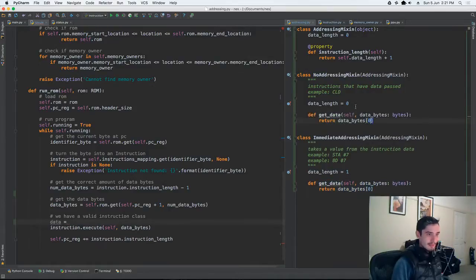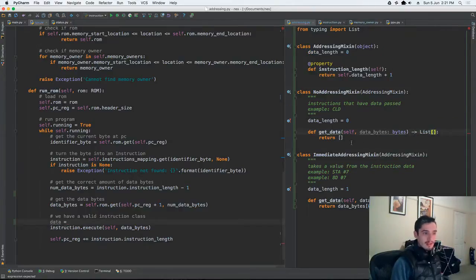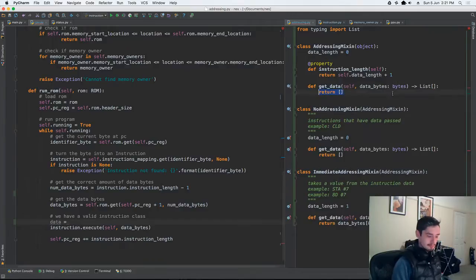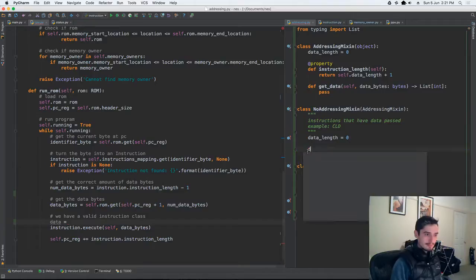And get data for this is just going to return an empty array. So let's say this returns an array, a list of ints. Okay, let's put this as a base method. And then when we overwrite it,